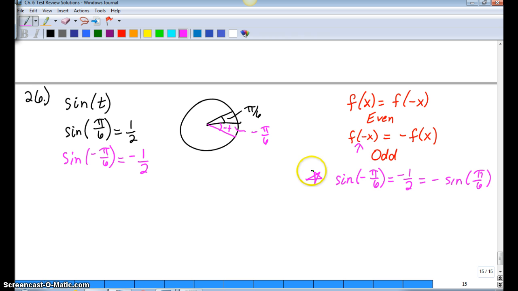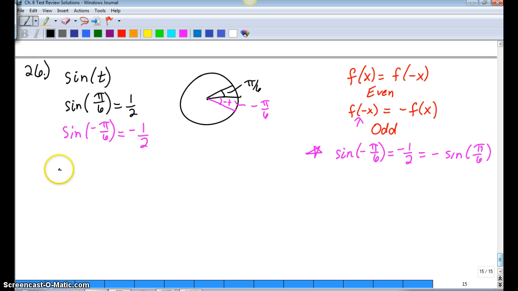So that's where we get our definition that sine is odd. So sine of negative pi over 6 is that f of negative x. That happens to be negative 1/2. Negative 1/2 is the same as negative sine pi over 6 because we know sine of pi over 6 to be 1/2. So if you take 1/2 to the negative, that is your sine of negative pi over 6. Alright, now that I've talked that one into the ground,